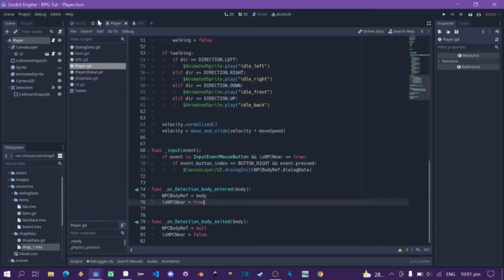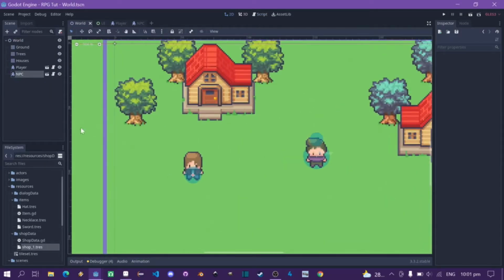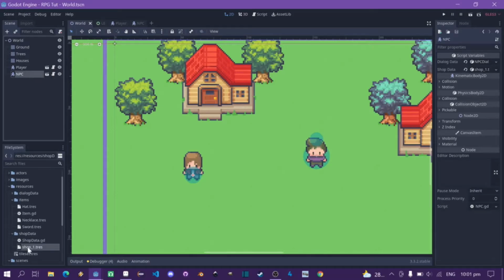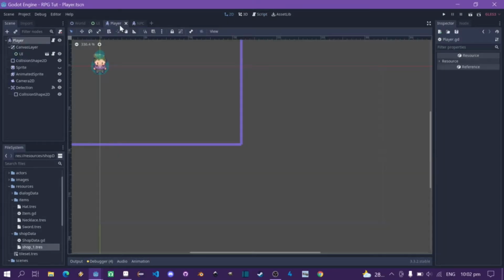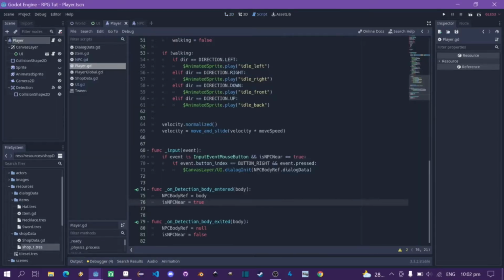Okay, now that we have the shop data resource put into an NPC, now we are going to structure a simple shop detection, I guess. Yeah, so let's just do it. Okay. Let's go to player and go to the player script. Now we have an event right here